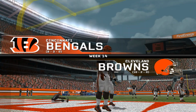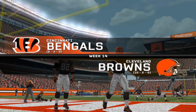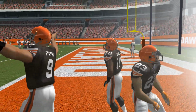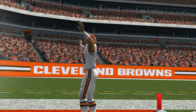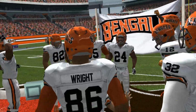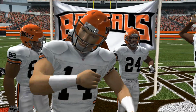It's the Cleveland Browns hosting the Cincinnati Bengals. In our last game against the New York Giants, the Browns dominated the game 40-7. In this game, the Browns face a Bengals team that is vying for the lead in the AFC North. The Bengals are also looking for payback for the Week 7 thrashing that the Browns gave them on their own field, 44-13. Donned in their throwback uniforms, the Bengals have the ball first